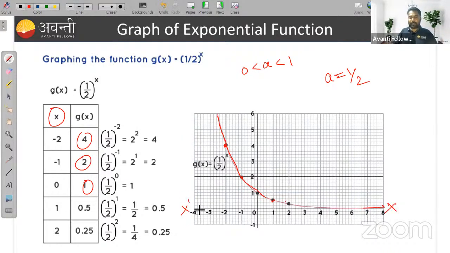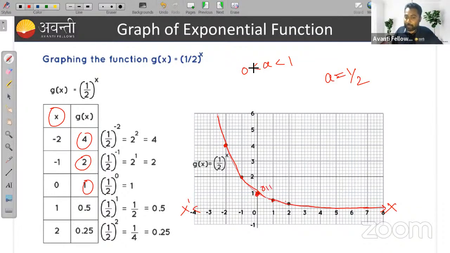Okay, this is my x-axis. So this is our graph. The graph of exponential functions will never touch or intersect the x-axis. Remember, and always remember, the graph of all the exponential functions will be intersecting the y-axis at the point